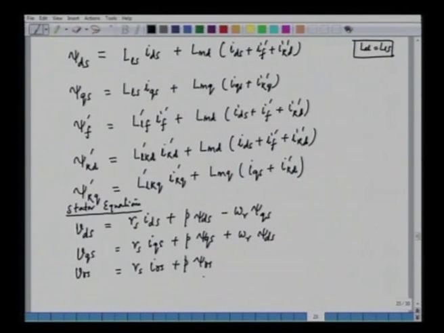The zero sequence is neither coupled to the D axis nor to the Q axis, and hence it will not have any rotationally induced EMF. The plane of the zero sequence winding is orthogonal to both D and Q axis. If the D axis is the X axis and the Q axis is the Y axis, the zero sequence component can be considered the Z axis. Hence it does not have any coupling with D and Q axis, and it doesn't take part in torque production, so we need not solve the zero sequence current expression.